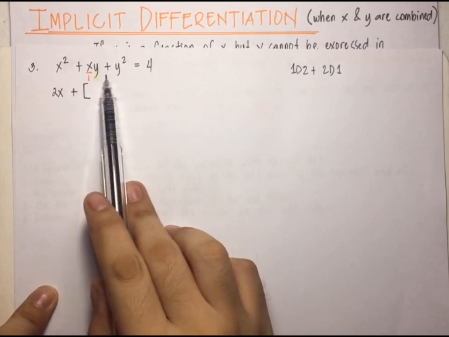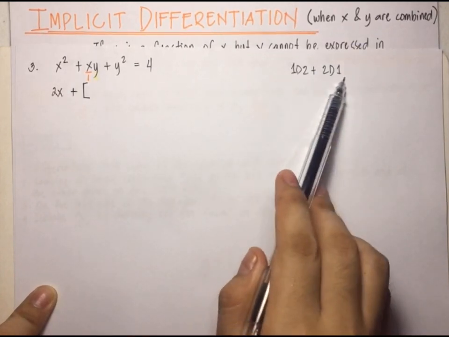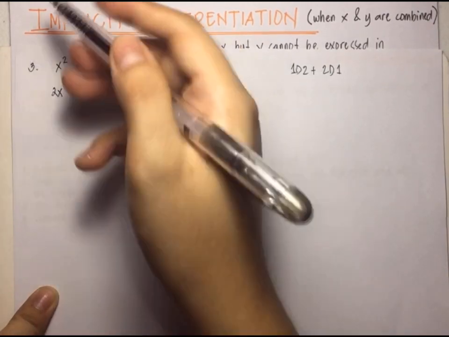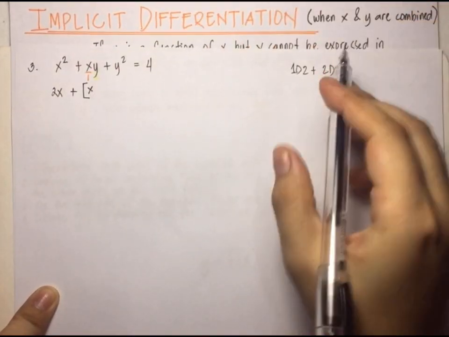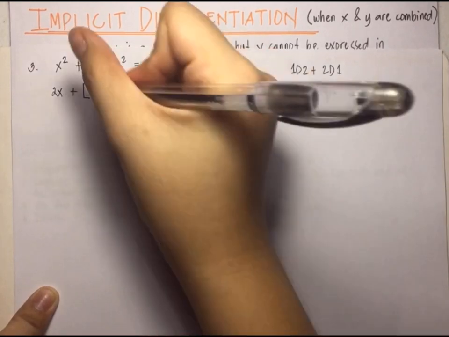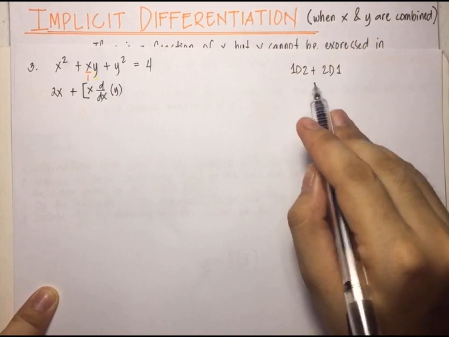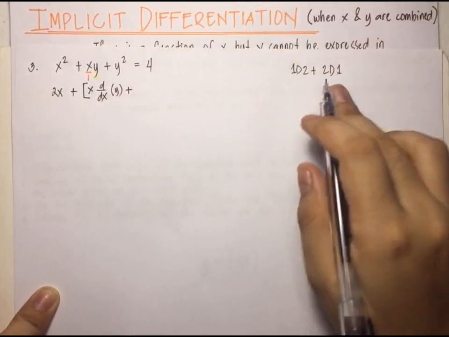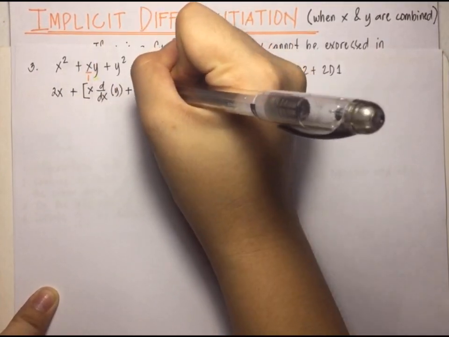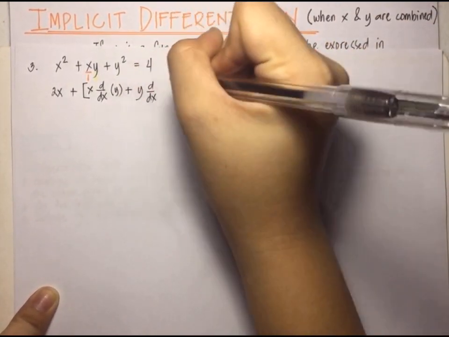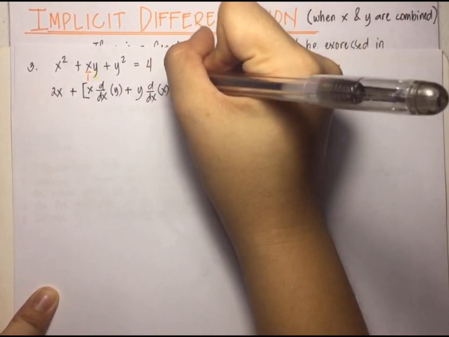So first, x, you copy x, times the derivative of the second, which is y, plus second, which is y, find the derivative of the first, which is x,